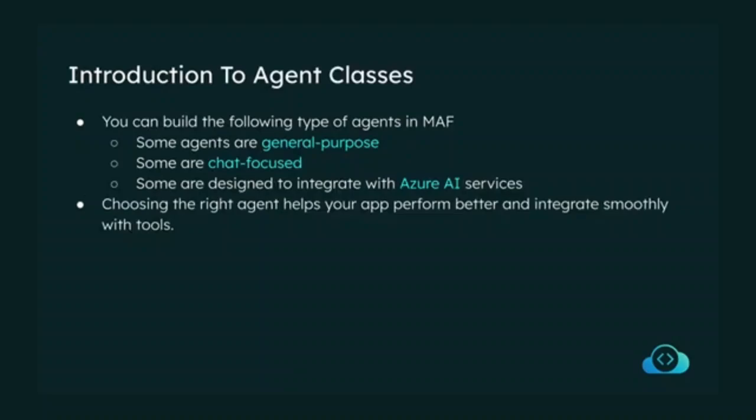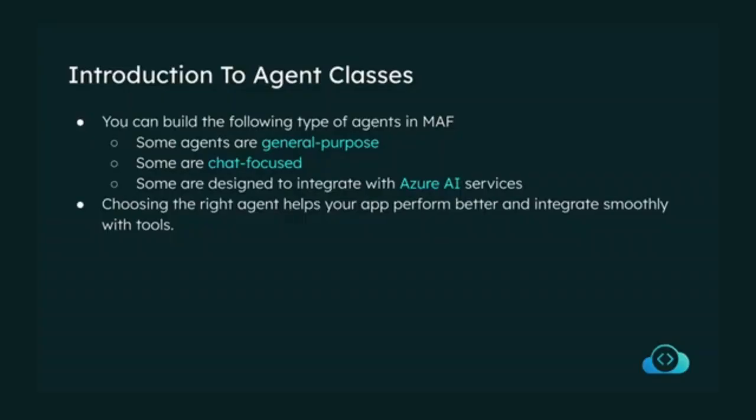All right, so agents can be of many types, right? So you can have a general purpose agent, you can have a chat focused agent, and maybe you just need an agent which leverages some AI services within the cloud. In Microsoft's case, Microsoft has Azure Cloud, which offers a lot of different AI and or machine learning services,